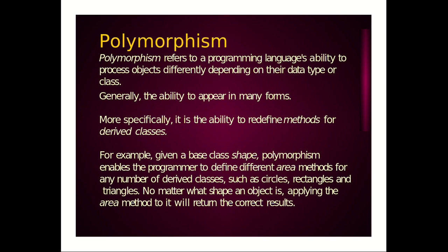We do not define the actual activity or statements for that method, but whenever we inherit that method within the subclasses, we give the definition particular to that object. For example, if we calculate the area of a circle, then we use the statement to calculate the area of a circle. If we inherit the area method for the rectangle class, then we redefine that method with another statement that will calculate the area of rectangles. Similarly for the triangle class.